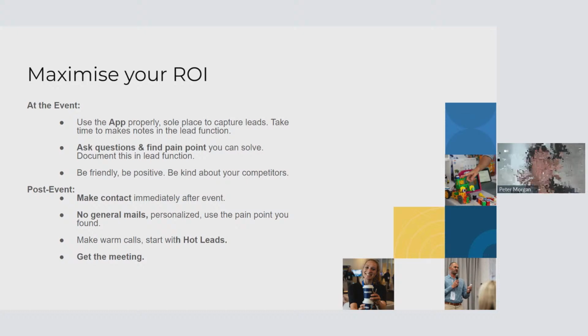And the last point is, after the event, you want to contact the schools as soon as you have a chance. Make sure that you drop them an actual call, and they will obviously remember you from the event. So try and use that leverage of trust to get a free demo event. Free demo events work really well.